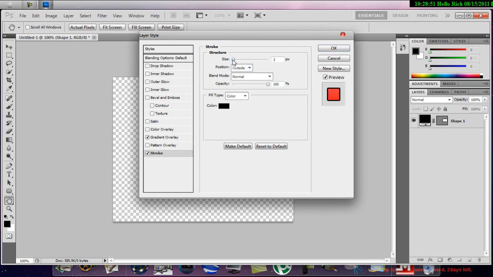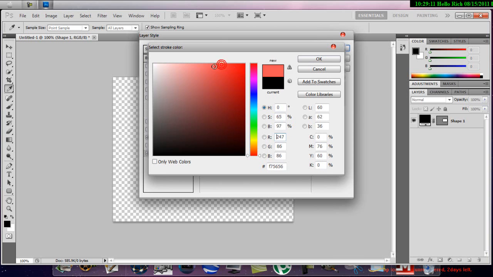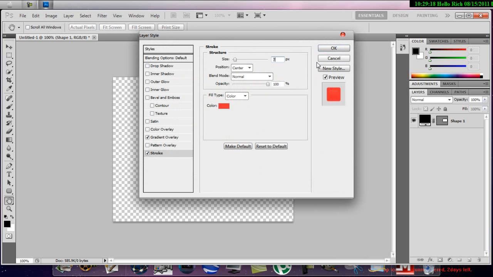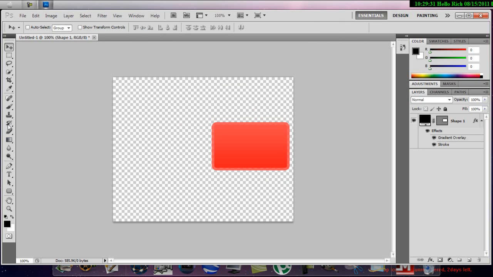change the size to 7 and make the position center. Change the color to a pinky color like that. Oh yeah, click OK, and then change the opacity to 90%, and then click OK, and then click on the text tool and then click over here,